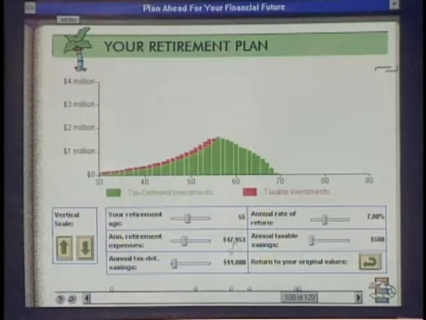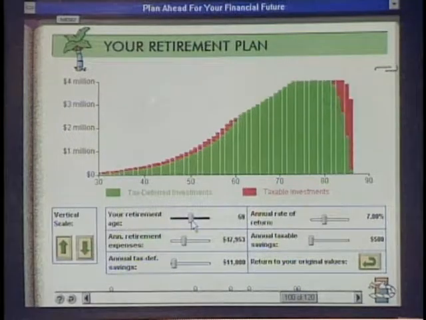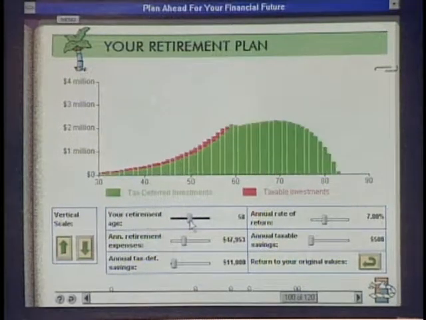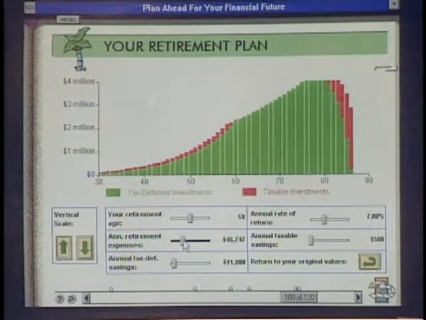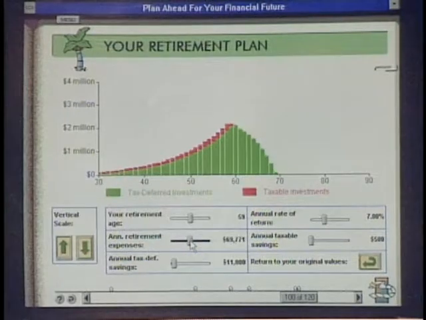That's right. So what you can do is play with all of those key decisions that we were talking about. So just adjust those with these slider bars? Sliders. So on my retirement age, I say, okay, I'll wait till I'm 65. You just drag that slider. Okay, and you can watch your savings go off the chart. Off the chart, exactly. Now the second one there is annual retirement expenses. So I'm assuming I need about $48,000 a year to live. If I'm willing to live on less or want more, I slide that. If you decide you want to live on more, then your retirement savings are going to be eaten away more